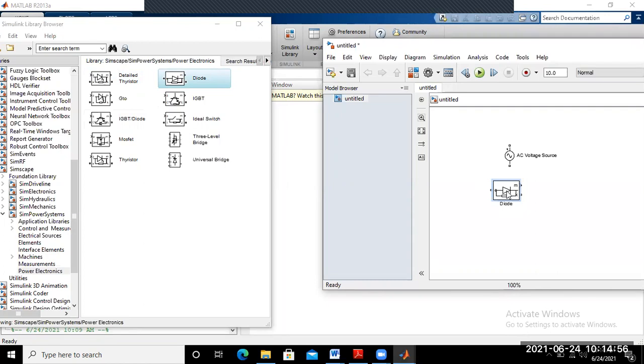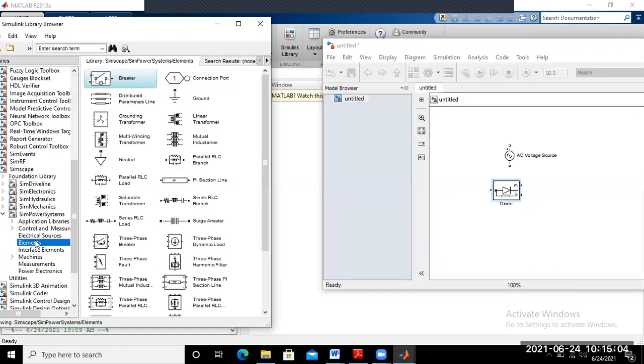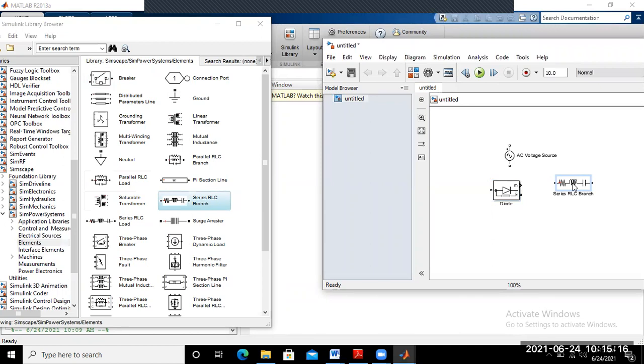Next, what we require? That means resistive load. Okay. So resistive load you will find in element. Okay. So various types of element are available here. So just select this one and place here in workspace. Next is required your measuring instrument.